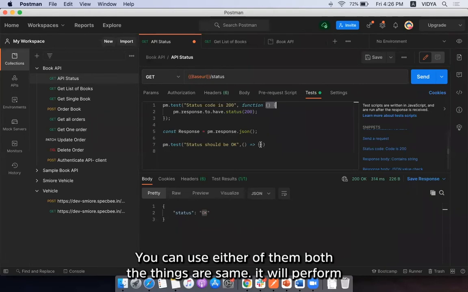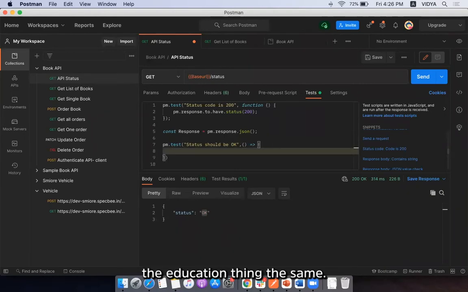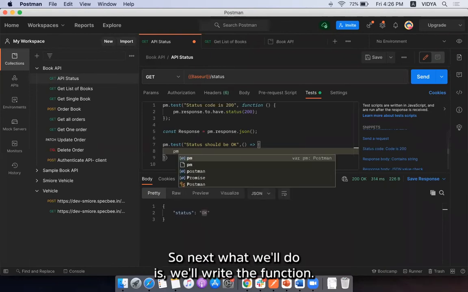Both the things are the same. The execution is the same. You can write your test in any of the ways. So next, what we'll do is